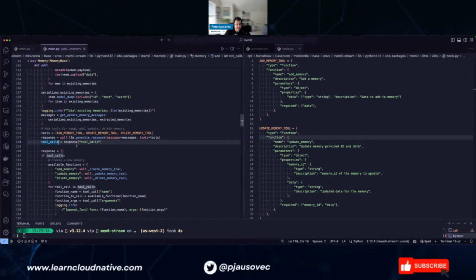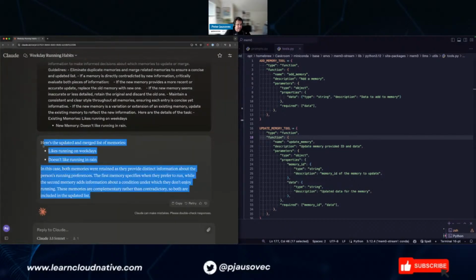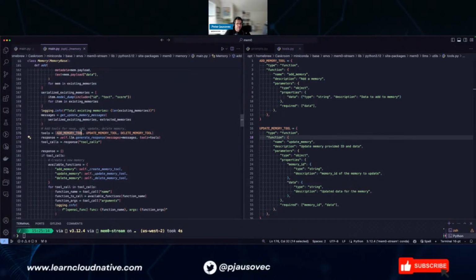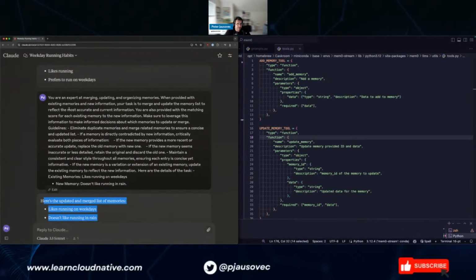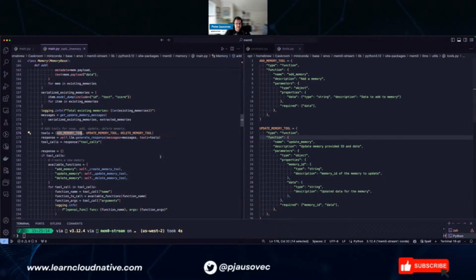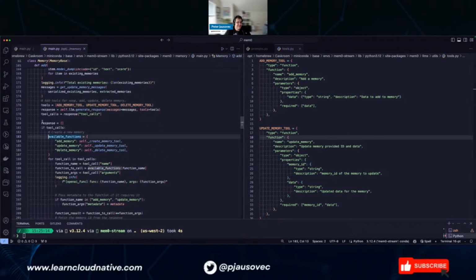So now what we're doing is making a call again here, generating a response. And I'm basically telling the LLM, hey, based on this output, and actually based on this as well, which one of these three tools do you think I should call, right? And then the LLM will respond in this tool calls portion of the response that you get back, and it's going to tell you, hey, I want you to run whatever.